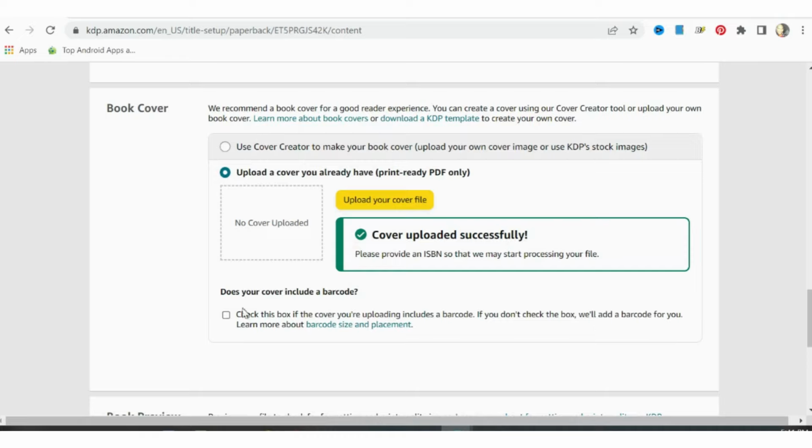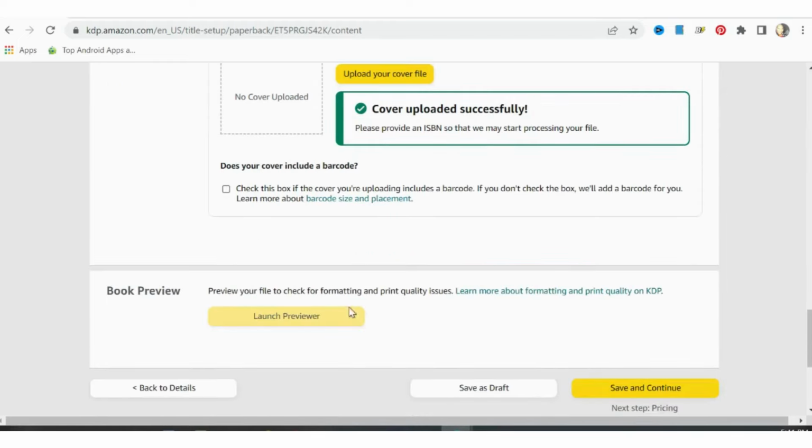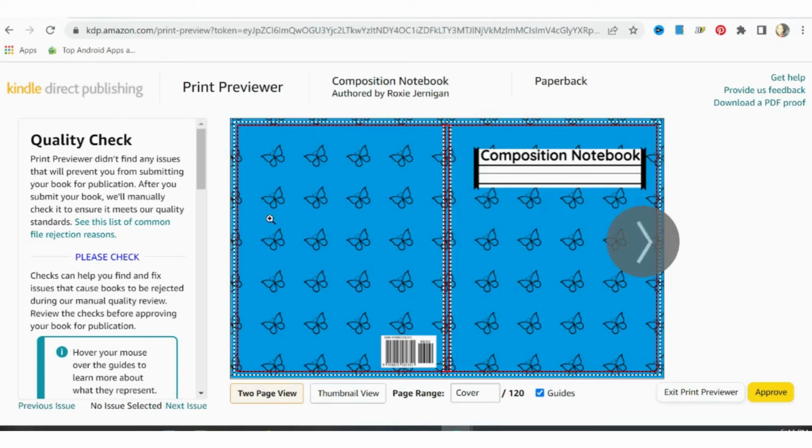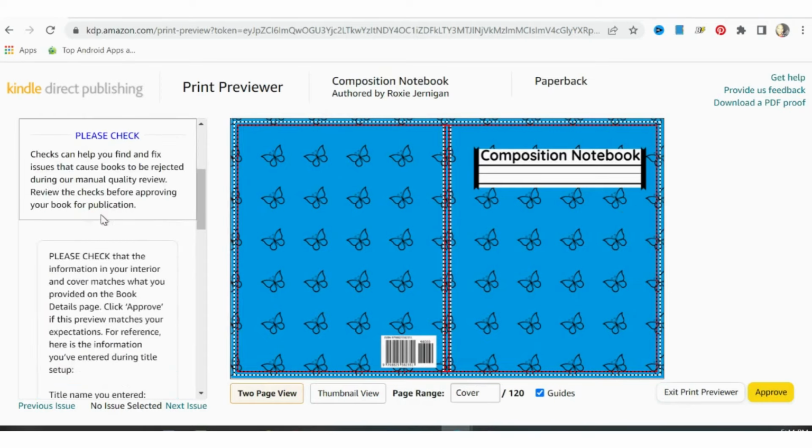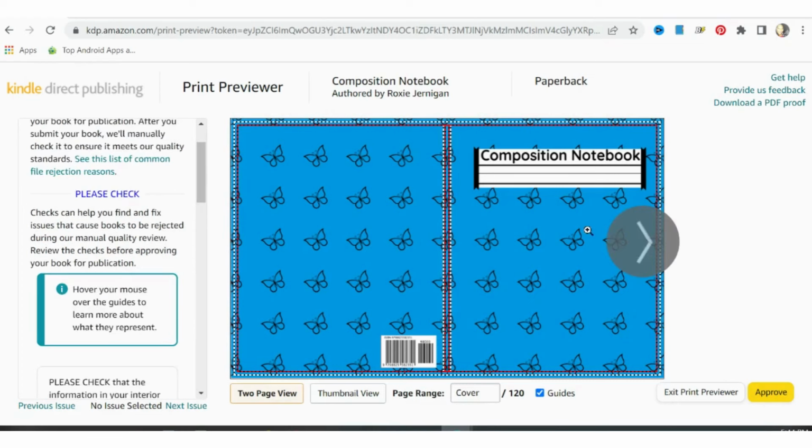So of course I'm going to leave this unchecked because I would like for them to go ahead and add a barcode for me. And then you will click launch previewer, and that could take some time, so you might want to go grab you a sandwich or two. All right, once it's finished putting everything together, they're going to put your cover together and your interior. So this is how it's going to look, okay? If you have any errors, it will be listed here on the left hand side, but you can go through and just kind of scan and look and see if this is what you would like your final results to look like beforehand. So you just quickly